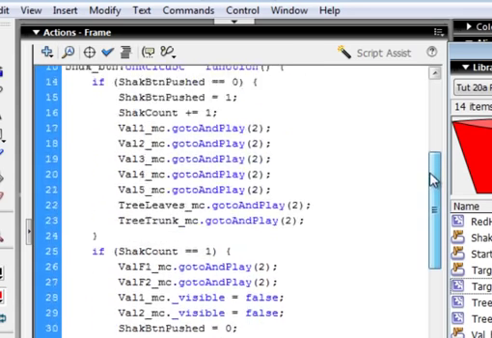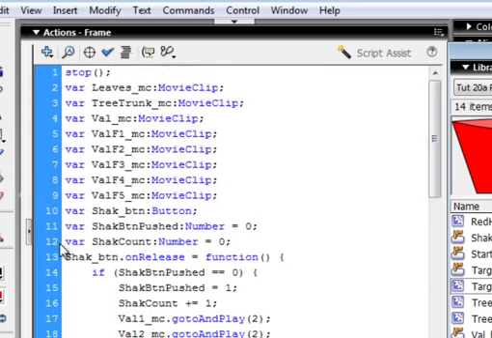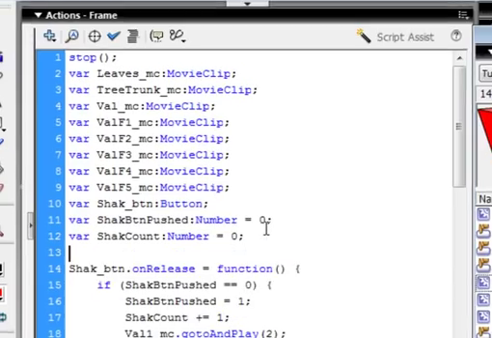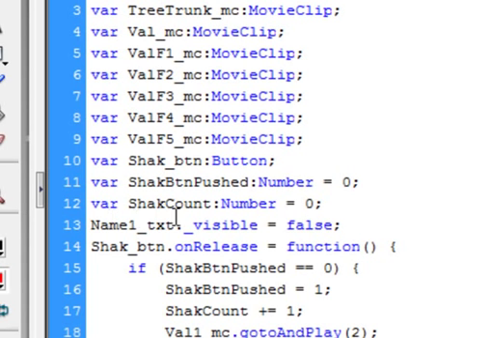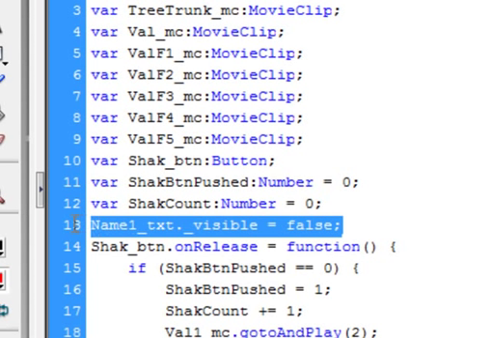Go up to the top of the actions panel, and after my shake count, insert a line and put in this code. This is talking about that text box we made. We don't want that to appear yet on the second frame, so when it jumps into the second frame, capital NAME1 underscore TXT, text, that was the name of it, period, underscore visible should be blue if you spell right, equals false. That means make it invisible. Copy that